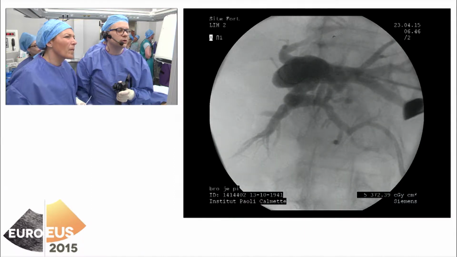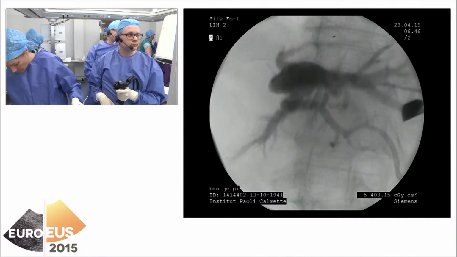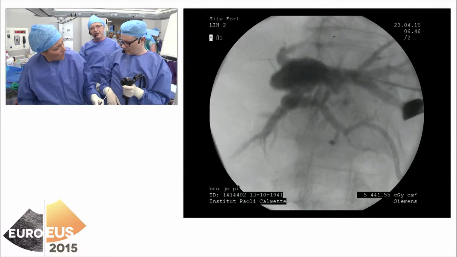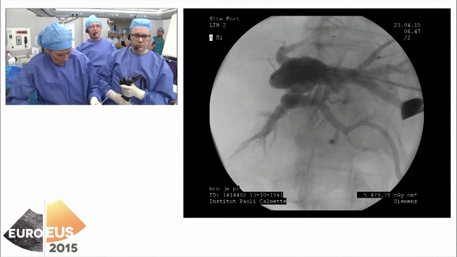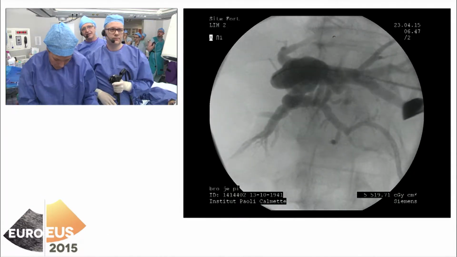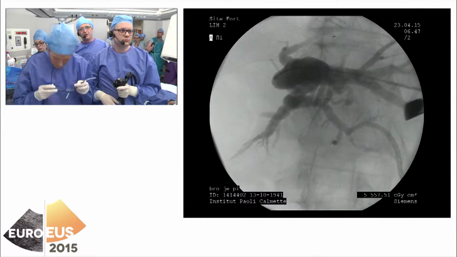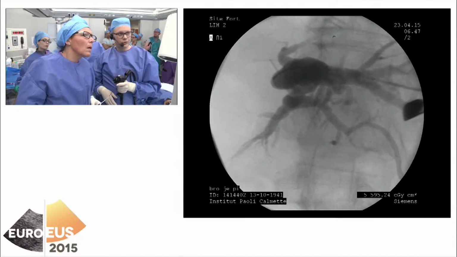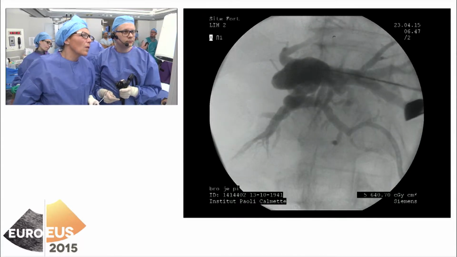So here we have two options. One is to do an hepaticogastrostomy, what Erwan will probably do, but leaving a stent which would be a fully covered stent in order to be sure that we do not compromise the possibility to remove the stent after that, and to come back a little bit later on with a cholangioscope or a spyglass scope to try to localize the orifice by a transgastric route,